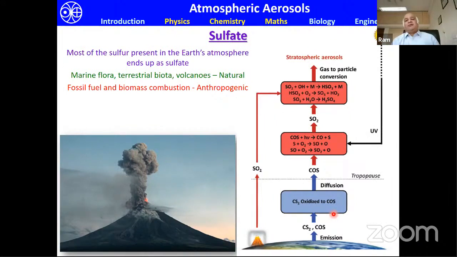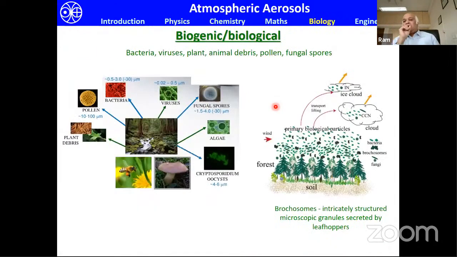This is a schematic of sulfate aerosols that are found in the troposphere and in the stratosphere. And this process occurs through the gas to particle conversion mechanism, which we saw earlier. Now, the other